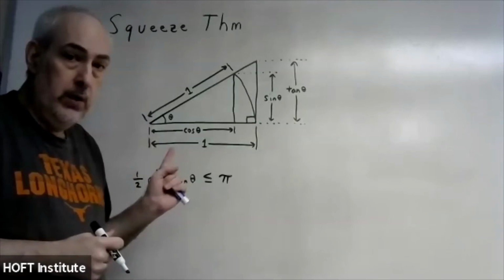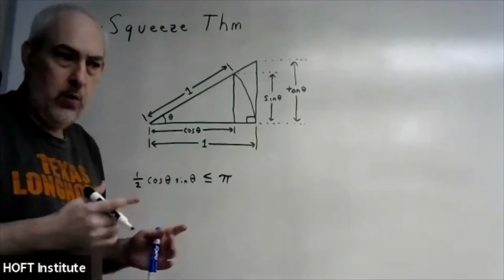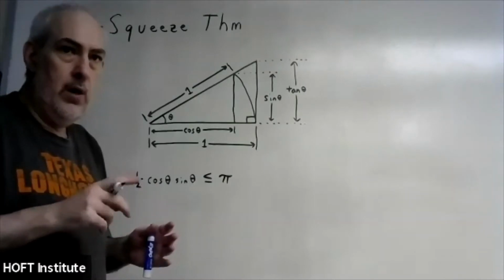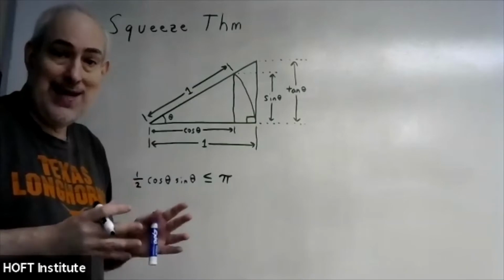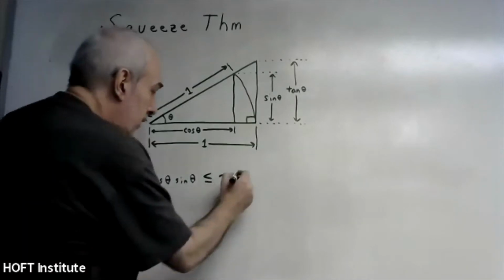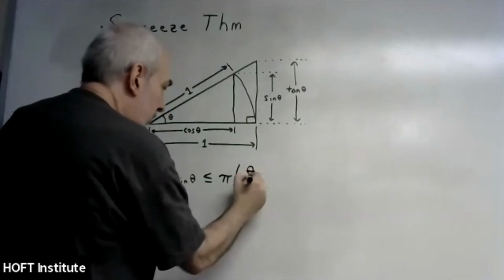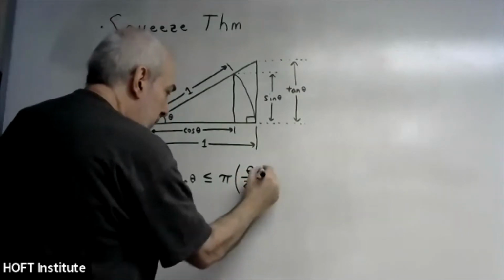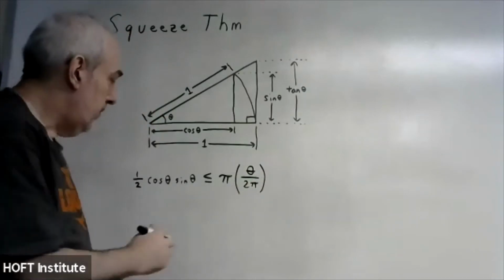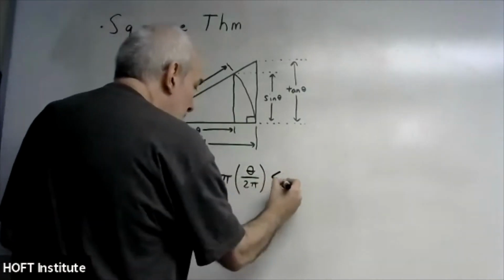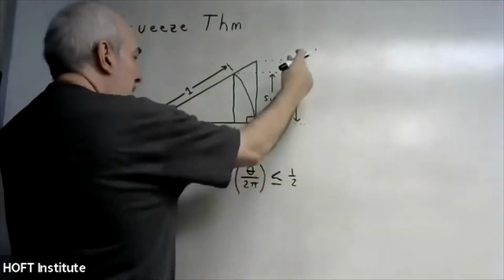Our angle is only an angle of theta radians. In other words, our wedge is theta over 2 pi. That's the fraction of the entire area of a circle. So it's theta times the fraction of a circle that our wedge is, theta over 2 pi. Okay, finally, the area of the biggest triangle is 1/2 base times height, so 1/2 of